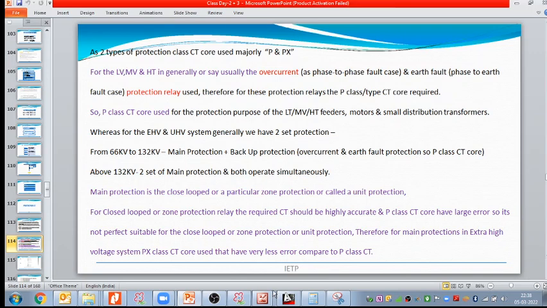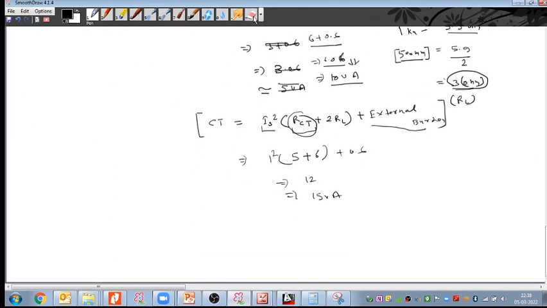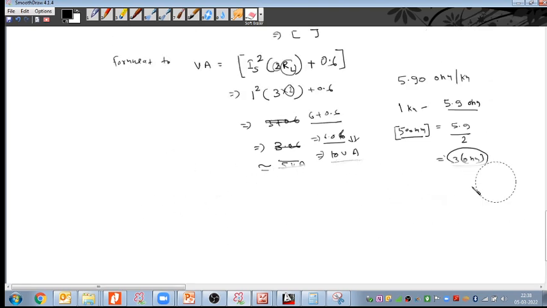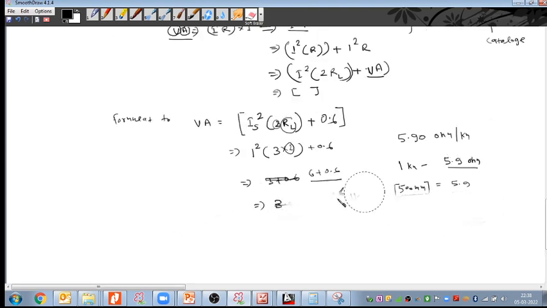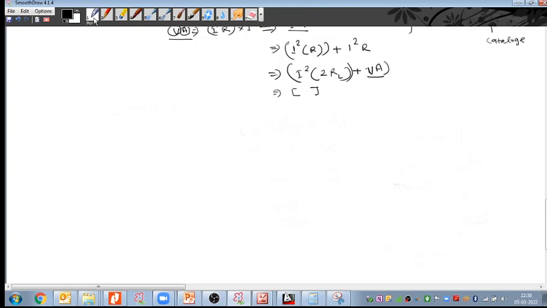So what we understood here, let us summarize this discussion. What we discussed now: after the metering core sizing, we are going for the protection core sizing of the CT, and we discussed that